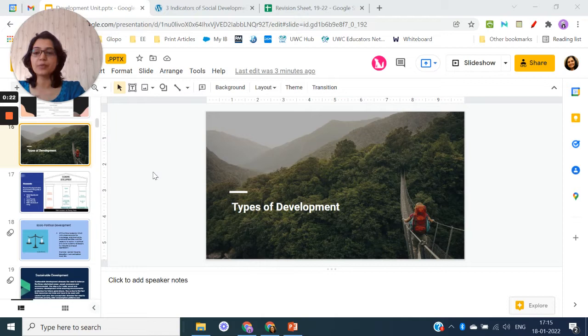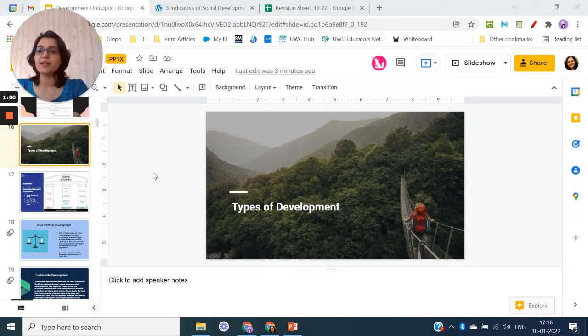Now, I would be giving you the overview in types of development. I won't be going into detail because generally we go into discussion mode while discussing this topic. I usually divide my class into smaller groups. I give them the types and then we discuss, right? So I would be giving you what you may expect under types of development, what could be the question from IB, what question has already been asked by IB, and what could be the case studies and examples you may think of. So let's get started.